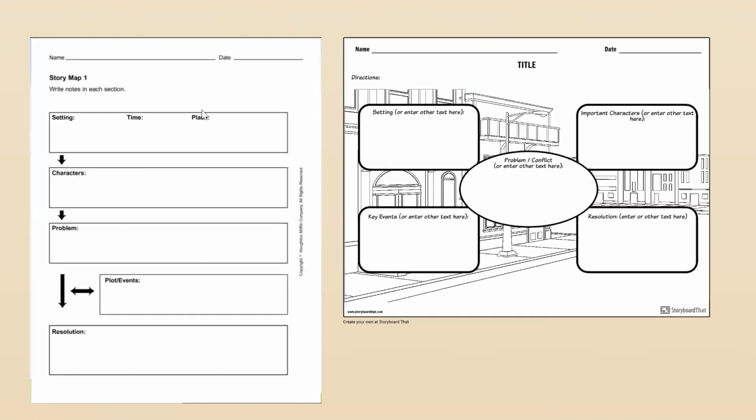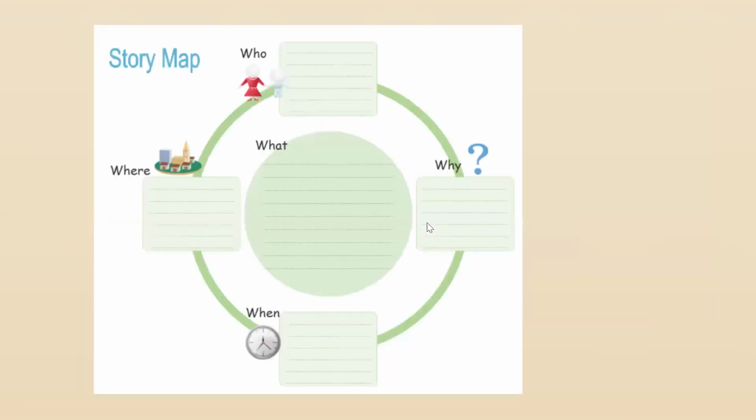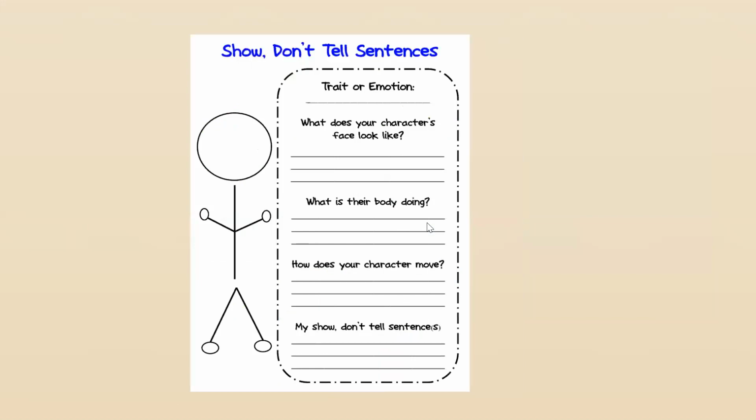Also, there is the story map, so they can write notes on the setting, time and place, characters, problems, events, resolution. Also, this one is cool, so they should write the setting, important characters, and so on. These things are interesting for kids, just to visualize things and to order them. This is also another example of a story map. This is for 3 to 5